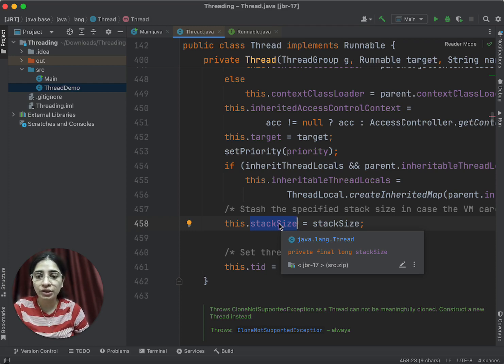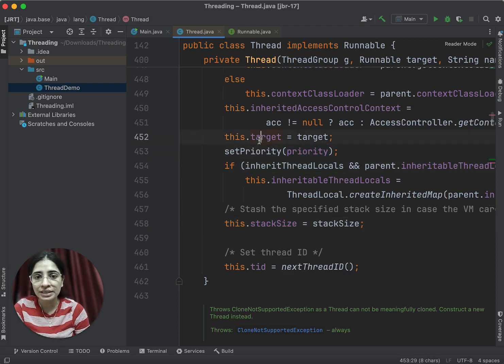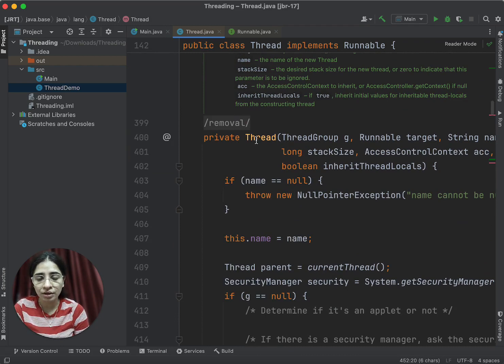It will go with the default stack size for all threads. Then it sets the priority, it sets the target, everything will be set inside this private constructor of the thread class. You call a public constructor of thread class from any of your classes, and internally it is calling this private thread constructor only.